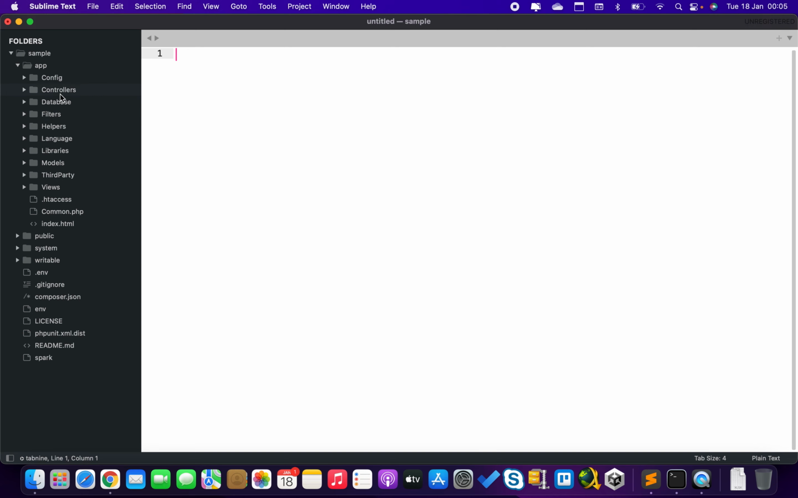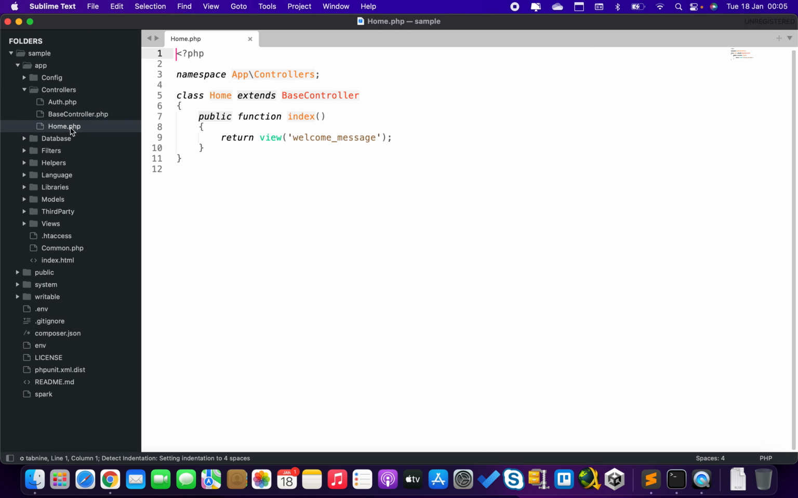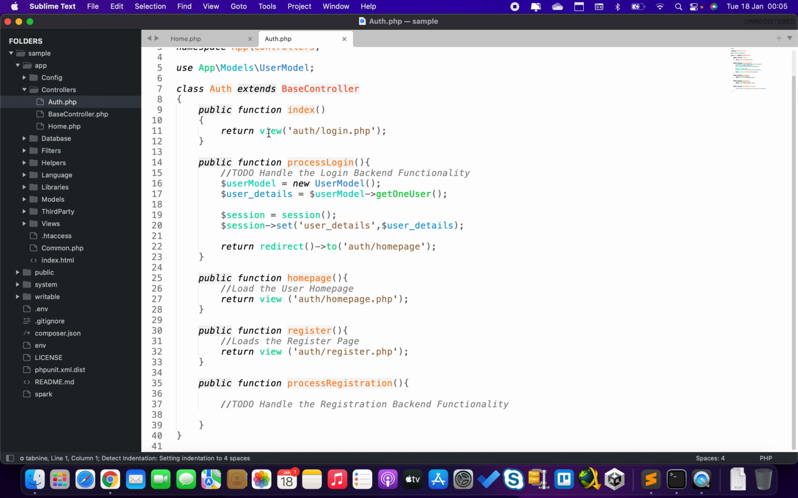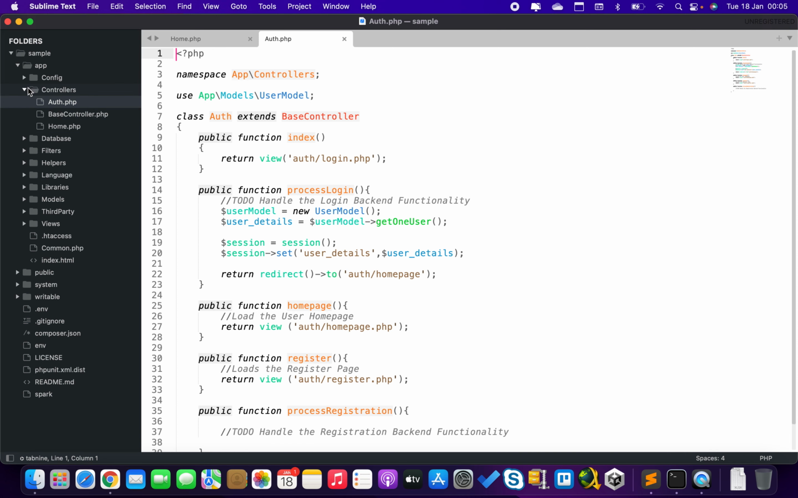To start with, if you recall, we had the home, which extended the base controller. We had the authentication, which we were using in the index, so one for processing the login, then one for homepage, at the same time one for registration. Now we're going to create another